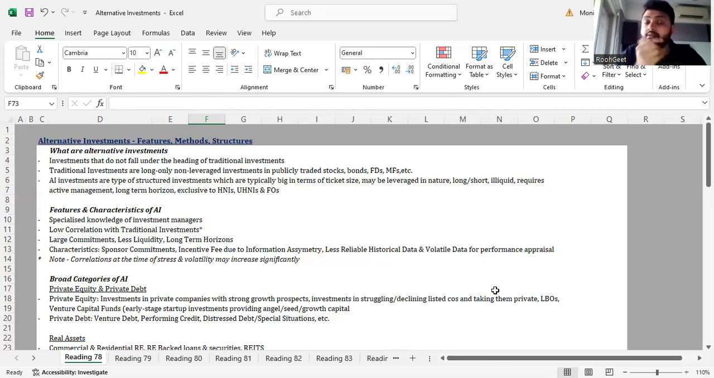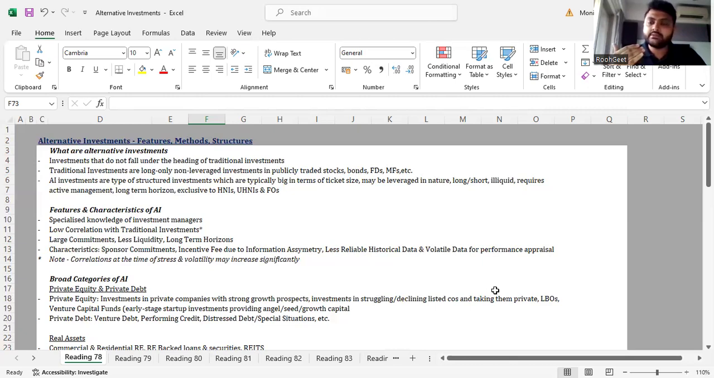That is why we are saying traditional investments. When it comes to traditional investments, they are stocks, bonds, FDs, mutual funds, ETFs, and whatnot, right? When it comes to alternative investments, what is the difference? Number one, they are pretty risky in nature. Okay, they are less regulated. SEBI will not ask a lot of things to an alternative investment